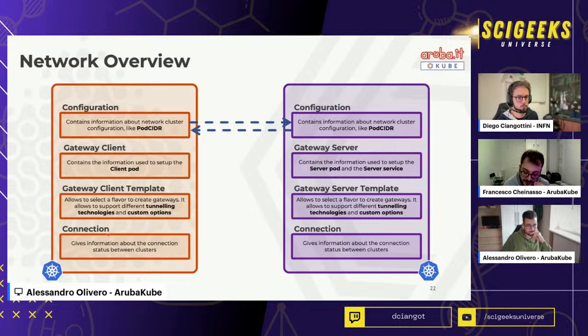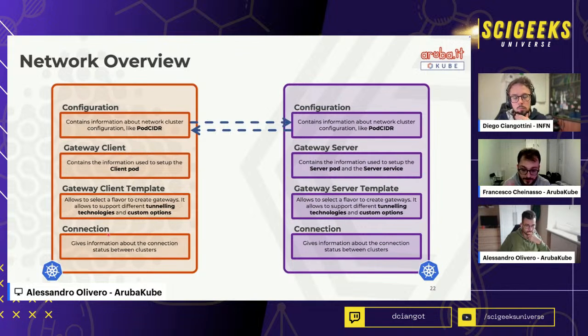And it's really important to understand that when you create the gateway, you have to specify a gateway template. And that's where we introduce the possibility to use other implementations. The gateway client template and the gateway server template are basically two manifests with the definition of the deployment and the services used inside of it. So, for example, if you want to use another implementation, you can create a new template, change the image used by the gateway, implement another solution, for example, using OpenVPN,